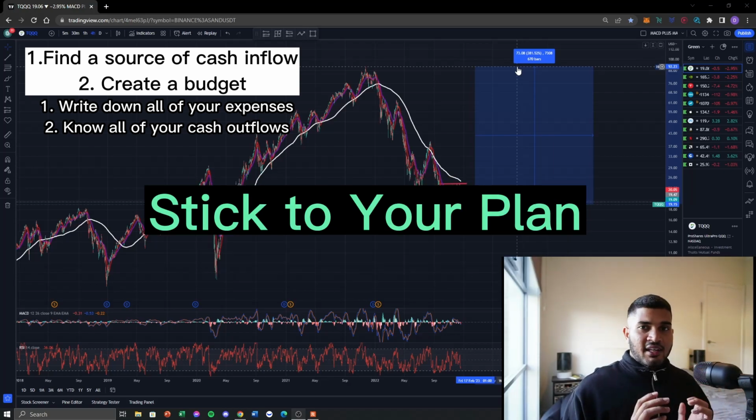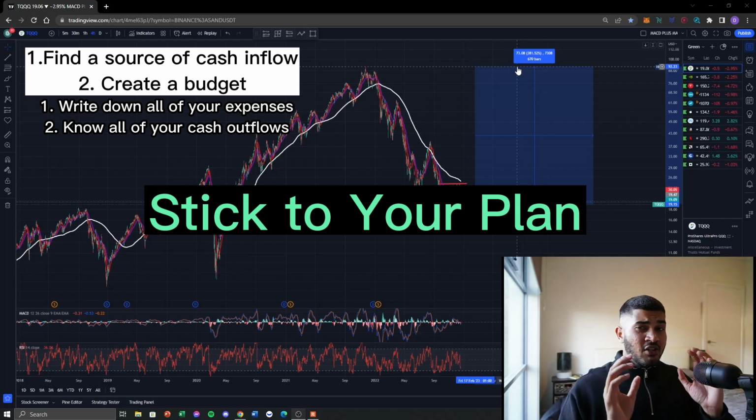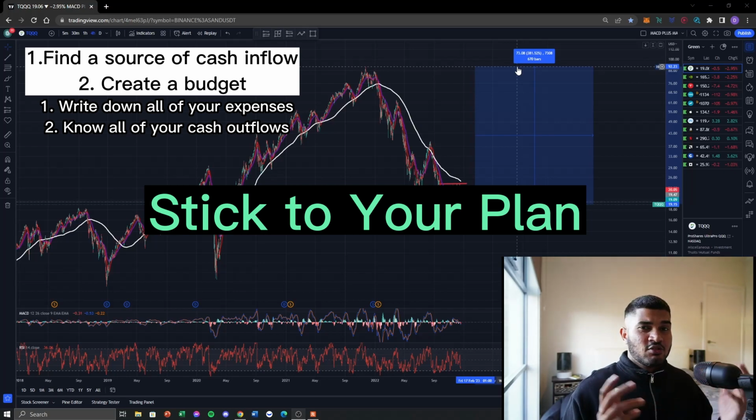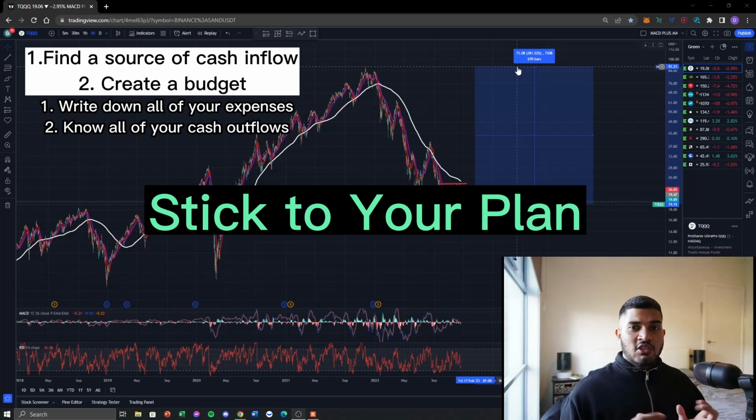Stick to your plan. I would say that's one of the most important things. Once you have a budget, simply stick to it. And I'm also recommending allow some money for yourself to have fun with. That could be the miscellaneous $100 or $200 that you're working with. Just spend it on anything you want to, because you have to enjoy as well. But for me, that's not the case. It depends on who you are. If you want to spend that small miscellaneous amount and go have fun with it, but if you don't, once again, more capital for you to build wealth with.